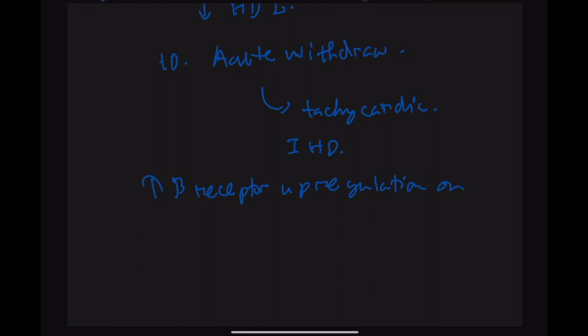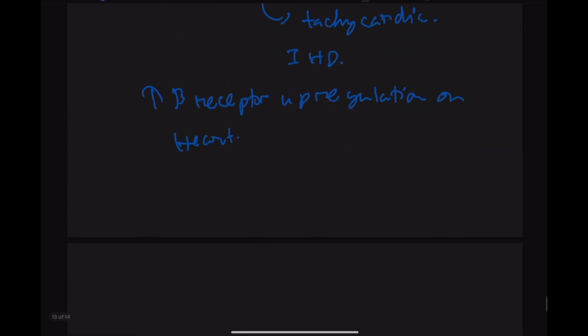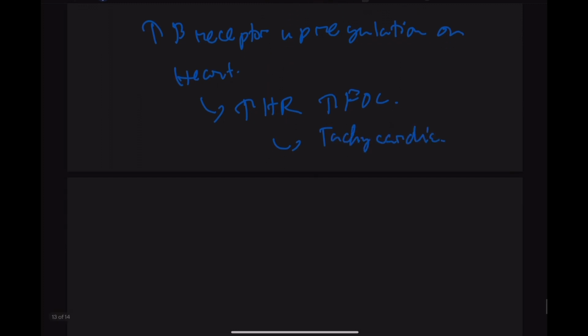Okay, so sudden withdrawal will cause more sympathetic stimulation, like more noradrenaline and adrenaline will bind with more beta receptors, and this will lead to an increase in the heart rate and an increase in the force of contraction, and this will lead to tachycardia and even ischemic heart disease. Okay,